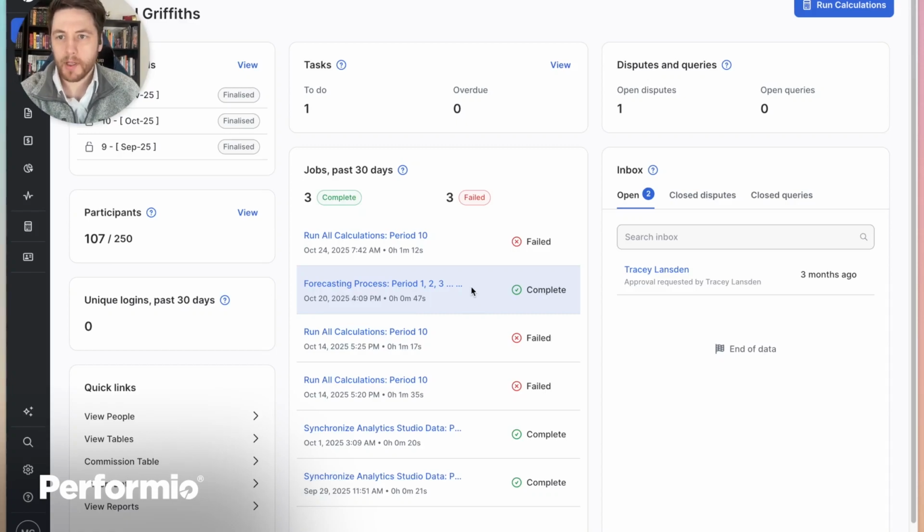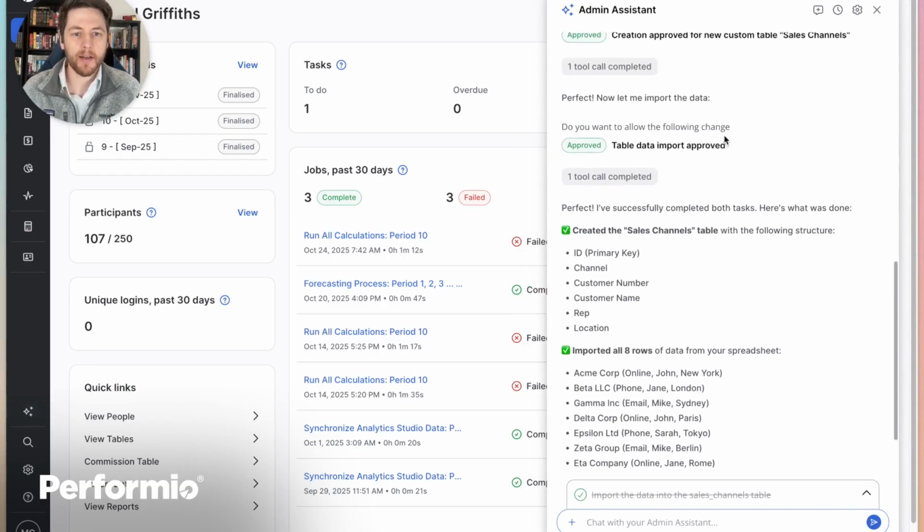Hi everyone, I'm Michael Griffiths, Product Manager of AI Solutions at Performio, and we're going to look at 5 practical, awesome use cases for the AI Admin Assistant. So I'm going to be walking through conversation history and some cool problems that I've solved. If you want to see the Admin Assistant in action, reach out to our team and we'd be happy to